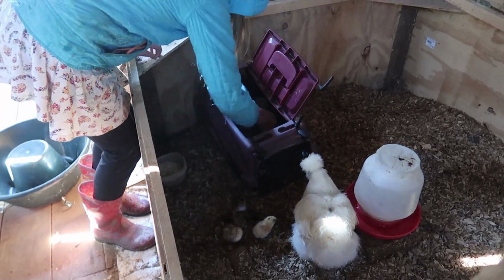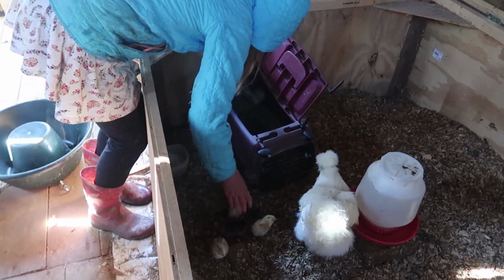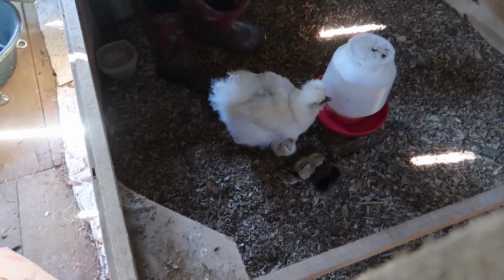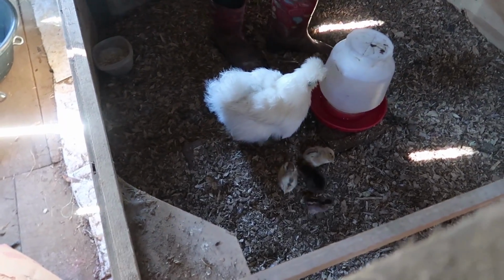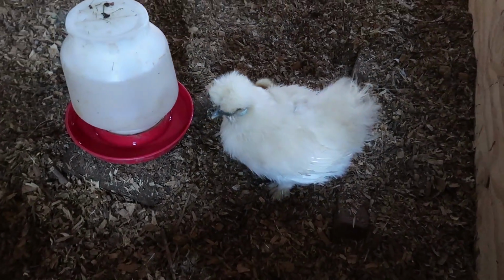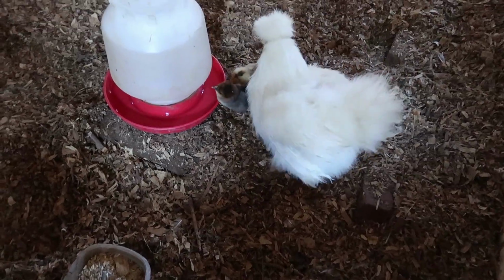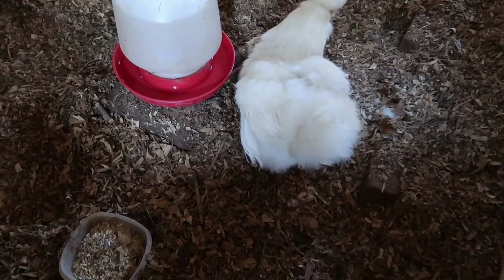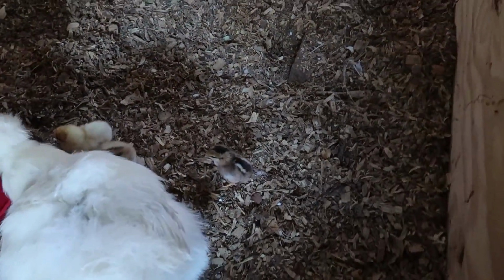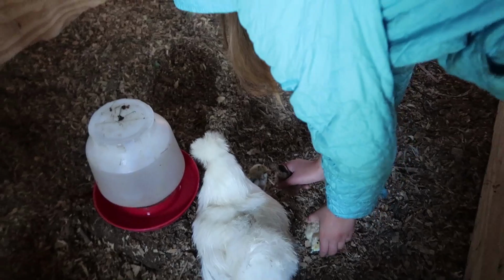We'll need to put the food in something smaller so the babies can get it. All right, Mama. Your babies will be safe in here. You show them what to do. Oh, look at that one, it's so small. Hold it up so we can show how tiny it is. Get the smallest one in the...